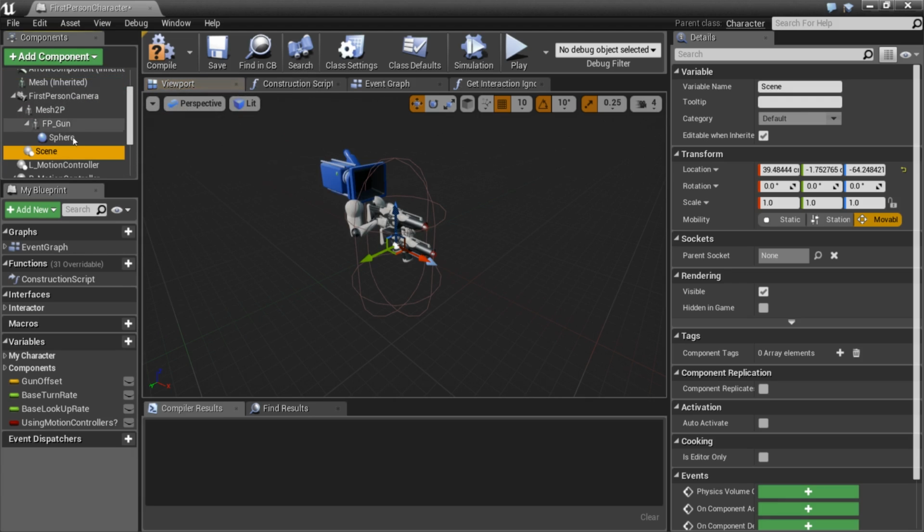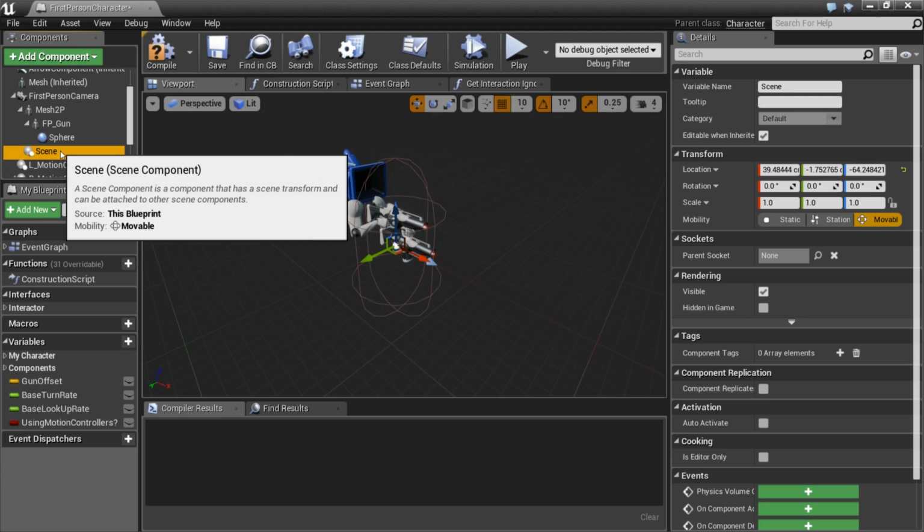Now, the reason for this is I'm using the first person template, and I want the place of where I hold an object to move with the camera, so it just makes sense to attach it to the first person camera. You, on the other hand, if you're using the third person character, might want to attach it to the character mesh itself, the capsule component, or the third person camera. But the idea here is wherever you attach this scene component, that is where your character is going to be